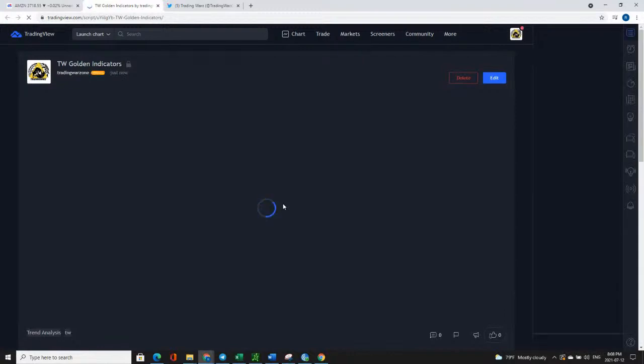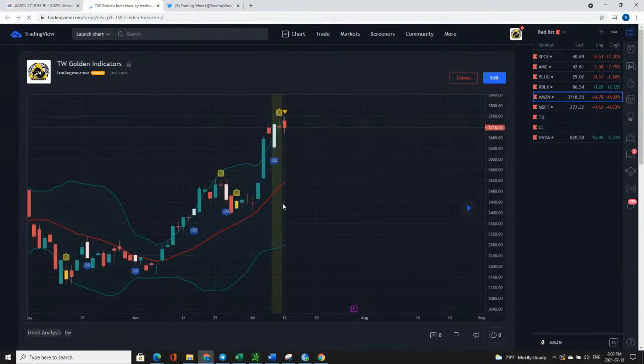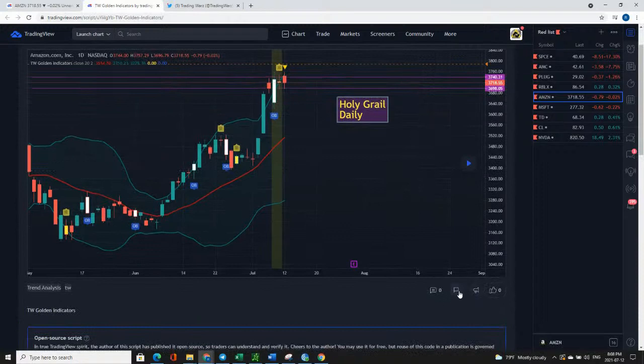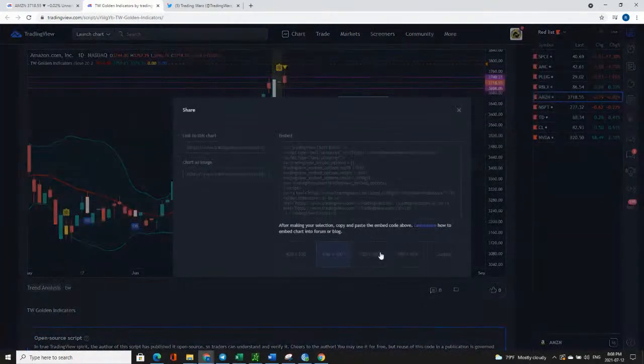And then I want you guys to see if it works. So this is what I'm going to do here. This is so, oh my God, this is just beautiful for me to look at. This is like the accumulation of all of my work. So we're going to go here, share this, chart as image. And we're just going to copy that.